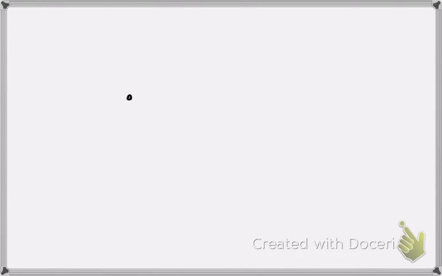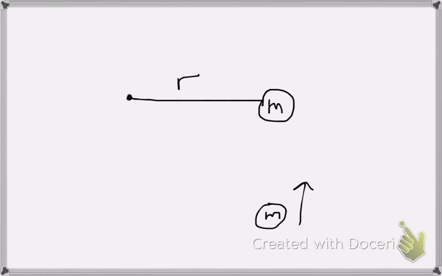Part 2, Angular Momentum. Now we looked at an object that was simply just spinning. Now we're going to look at an object that goes around something else. So what I've got here is two masses that are exactly the same, and I've got this one right here. It's attached to a string, and it's going to rotate around this dot right here. So it's going to go around the circle like that. Alright, so it's going to go all the way around